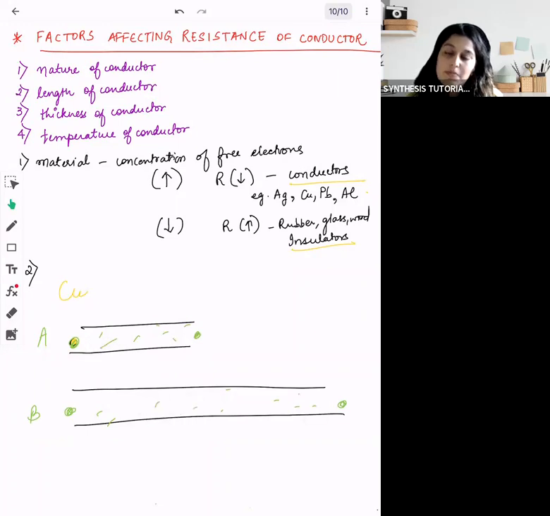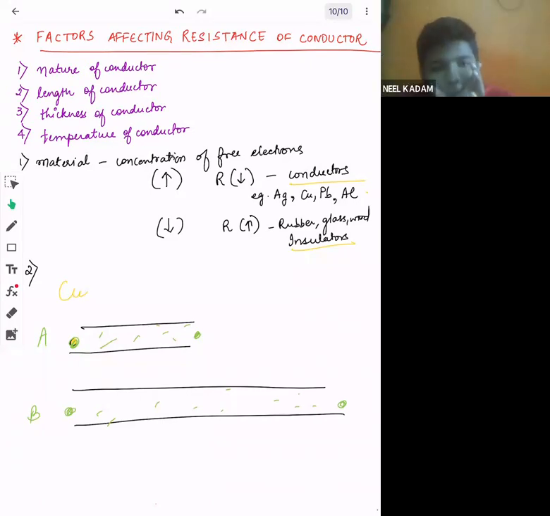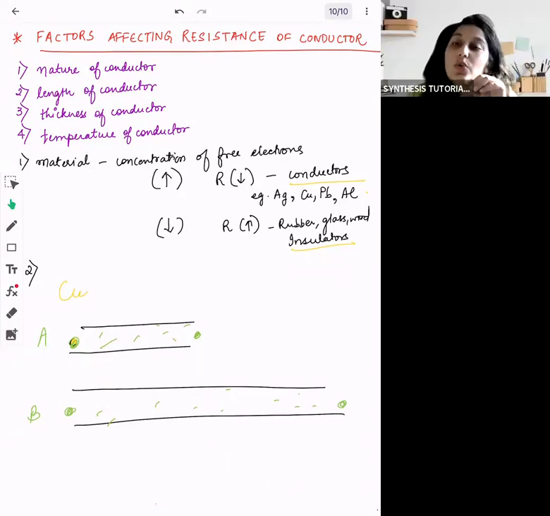ओके. तो अब आप ये सोचो कि आप यू आर गोइंग थ्रू अ नैरो लेन. Okay, you are running through a very narrow gully, ठीक है? And there are a lot of obstructions. You go from point A to B, which is just 20 meter, ठीक है? And you go from point A to B, which is 50 meter. तो तुमको obstructions कहाँ ज्यादा झेलने पड़ रहे हैं? When it is 50 meter, right? You are going a longer route, so you are taking in more obstructions, right? Because you are going through the same route, but it is a longer route.